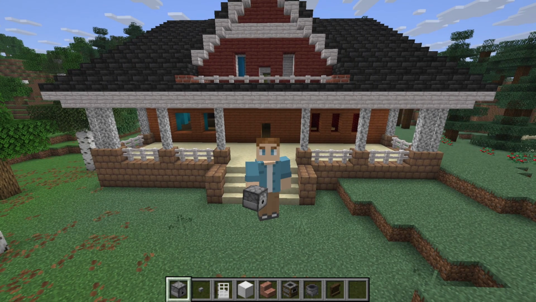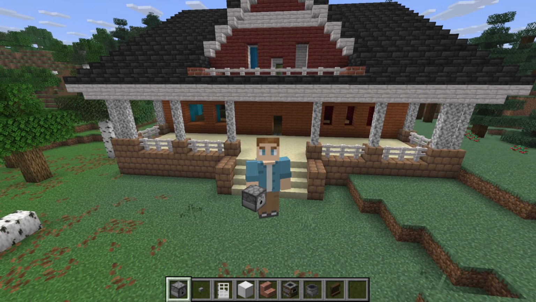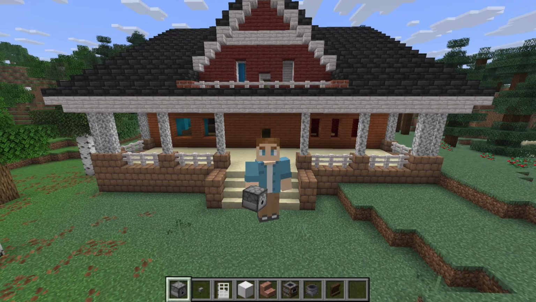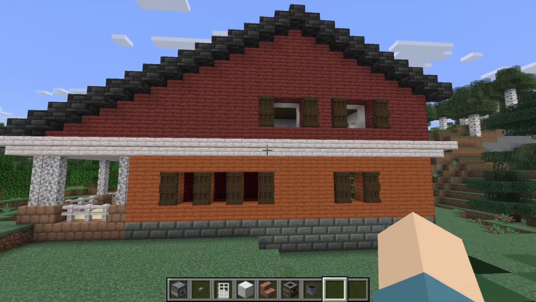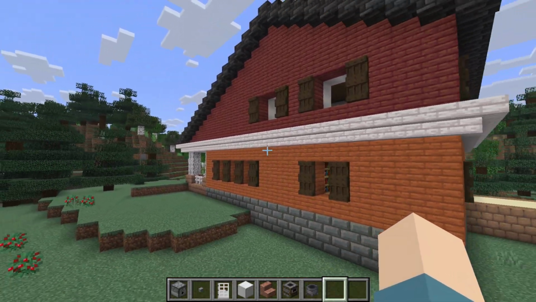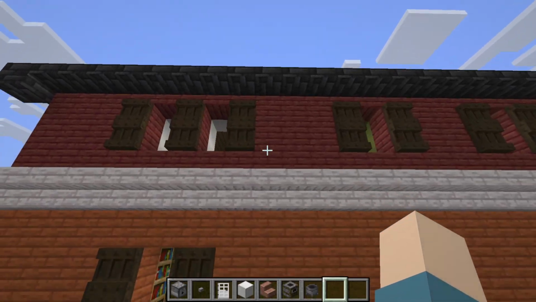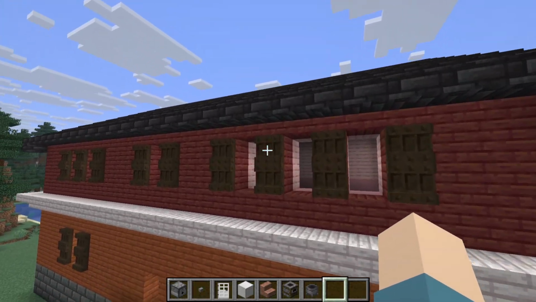One last thing I want to try to do before we move on to the interior is put some shutters up against all the windows. The windows are kind of close together, so if the shutters overlap in a weird way and it doesn't look quite right, I'll scrap it, but I just want to see how it looks. Overall, I think it looks pretty good. It adds a little bit more detail into the wall to help break things up. Oop, that's a tree. And I don't think they overlap too terribly, like the ones in the middle here,